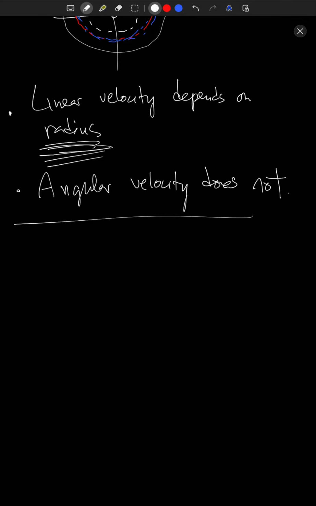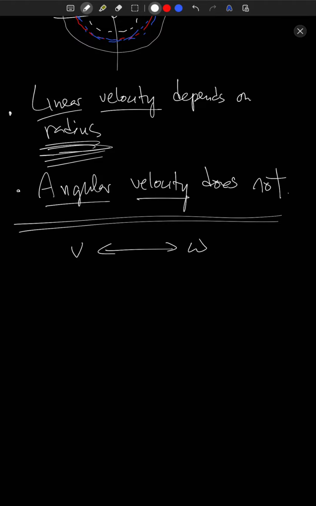Okay, so we do have two different concepts of velocity for circular motion. How do we move between them? If I know your angular velocity and I know how far you are from the center of the circle, then what is your linear velocity? Or if I know my linear velocity, what is my angular velocity? How do we convert between the two? So v, how do we convert that to omega? Or vice versa, how do we convert omega to v? So how do we do this conversion? Well,